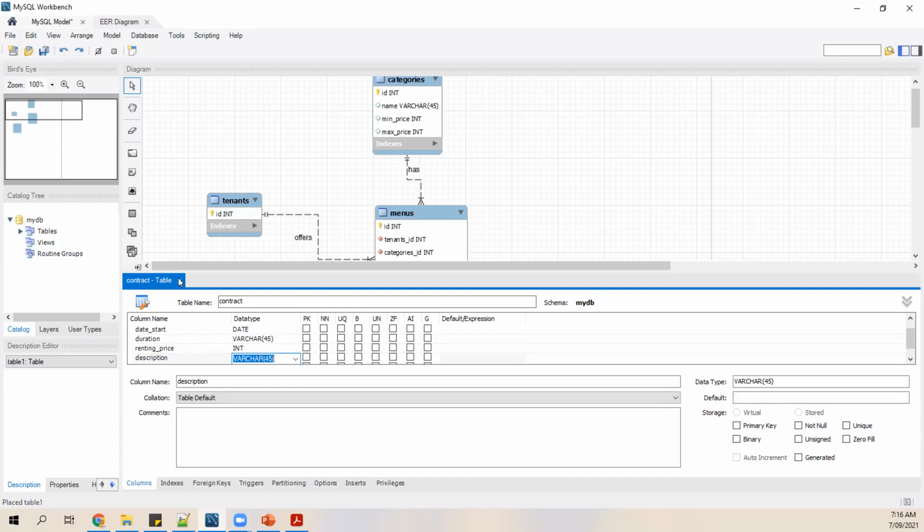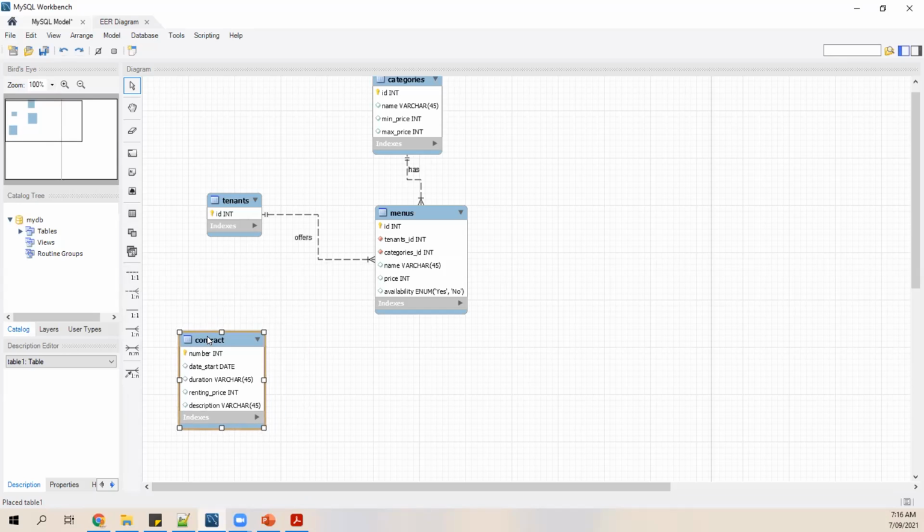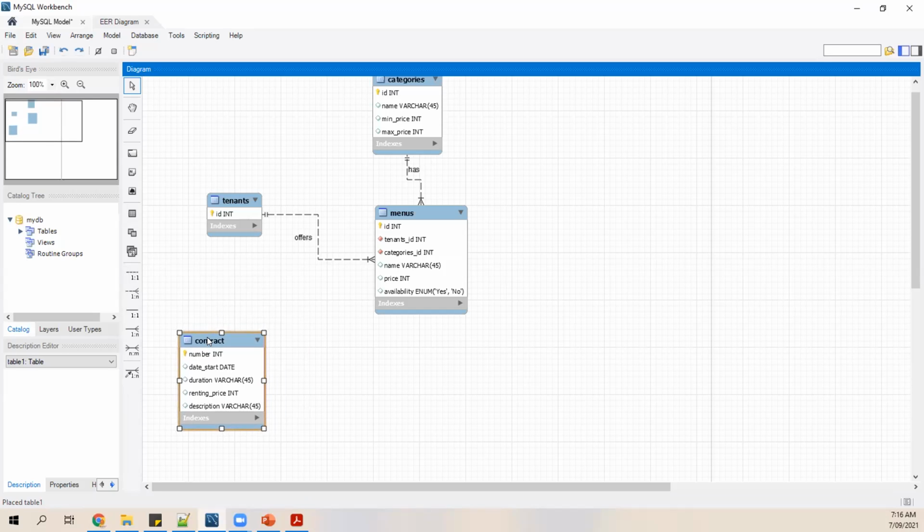Okay, good. Now, in here, it is said that a contract belongs to one tenant and the other way around. One tenant can have many contracts. Okay, so it's a one-on-one relationship between tenants and contract. If it's one-on-one, like this one,